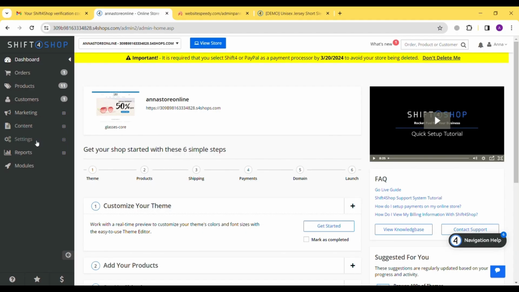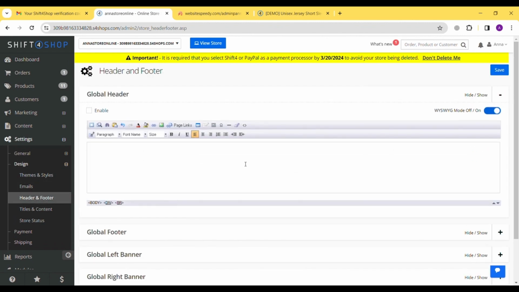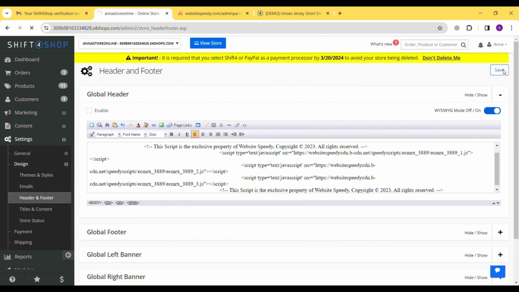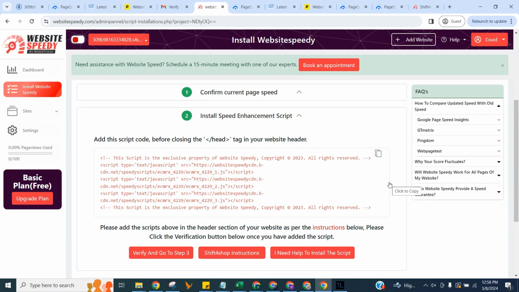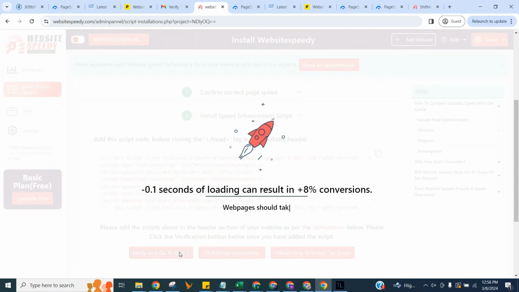Go to Website Dashboard, navigate to Settings, click on Design, go to Header and Footer, expand Global Header, add the Speedy script, and say Add. Once you add the script, click Verify, and proceed to step 3,